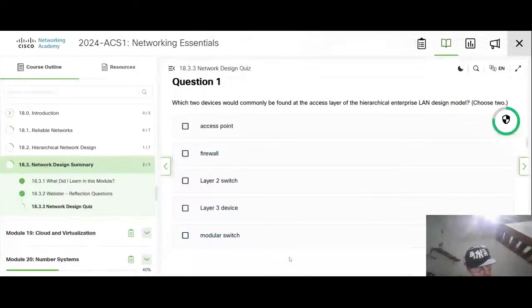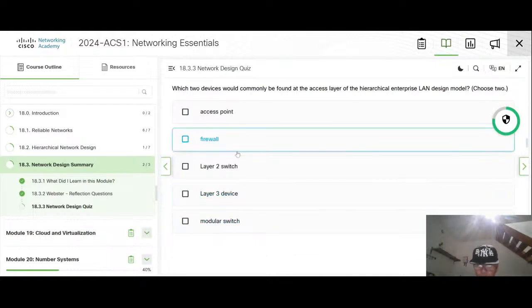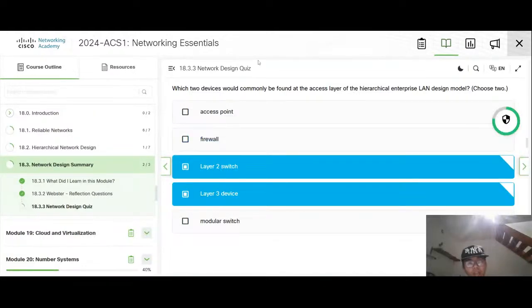Actually, a lot of those, because in network design I actually did not really attend classes. My class did not attend. We didn't really work with this, so I'm just randomly choosing it.